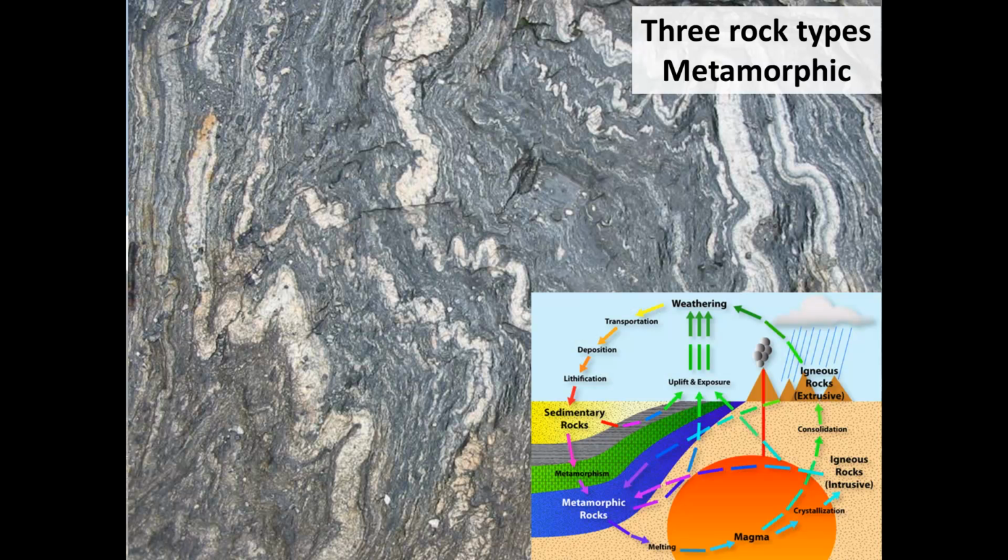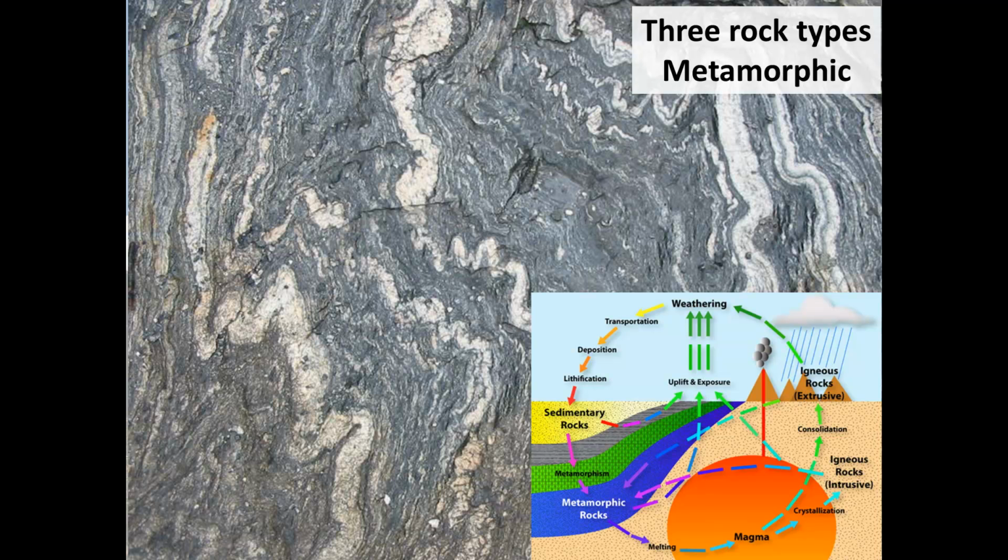Fascinating story. Third rock type is metamorphic, and so just to remind you, metamorphic rock is when some other kind of rock, it could be sedimentary, it could be igneous, that is solidified, then comes into contact with something hot enough to melt it very slowly under long periods of time. This couple inches of maybe sedimentary rock may have taken 1,000,000 years to deform like this. So it just becomes a little bit like taffy, and over long periods of time it just changes.